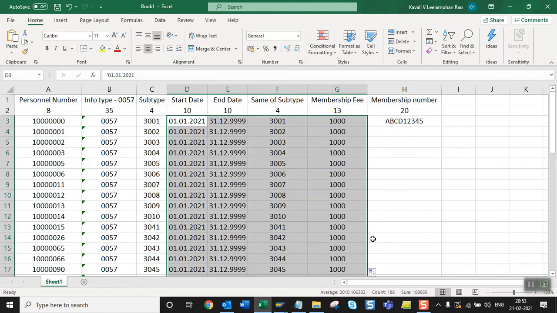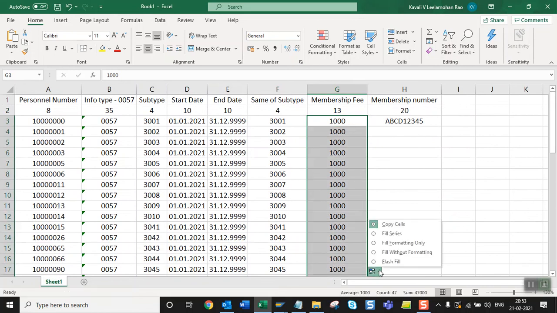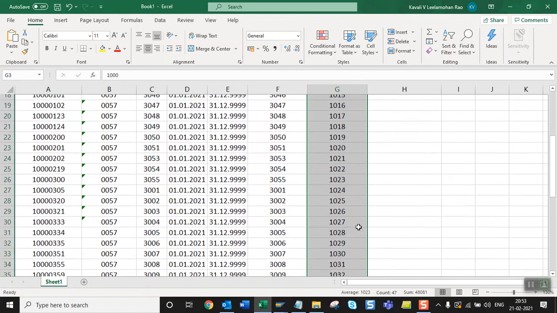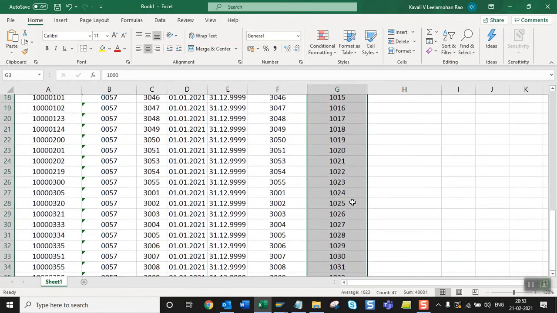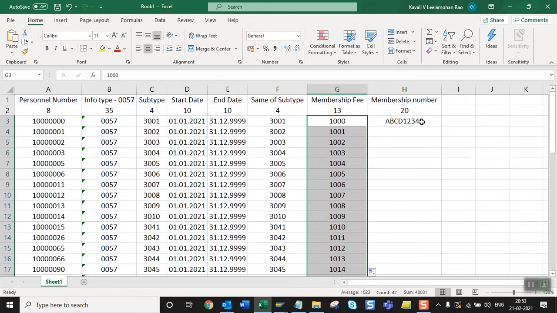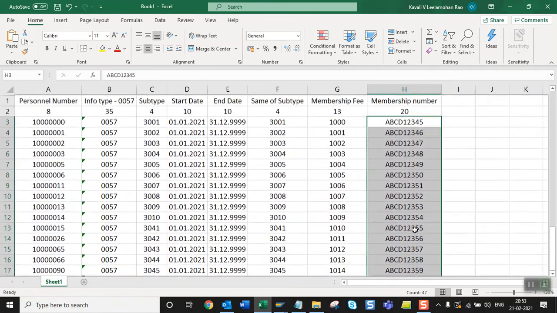Now let's make this one. Amount I am going to give a different number, a different amount. This also I will make different. So the format is successfully completed. Now we have maintained the format.